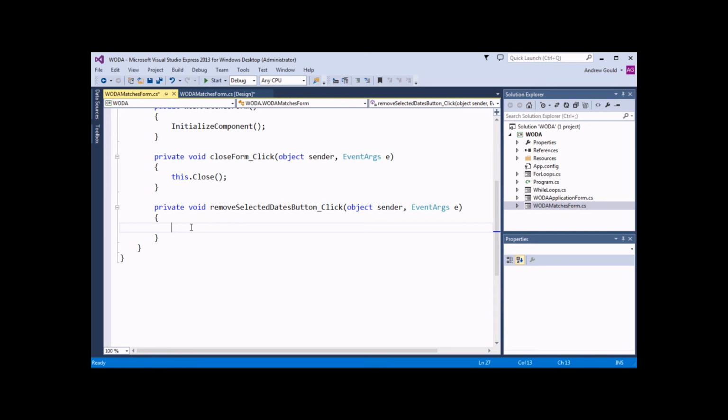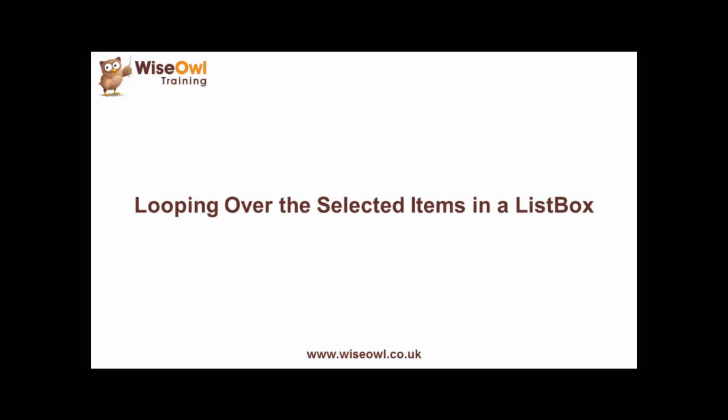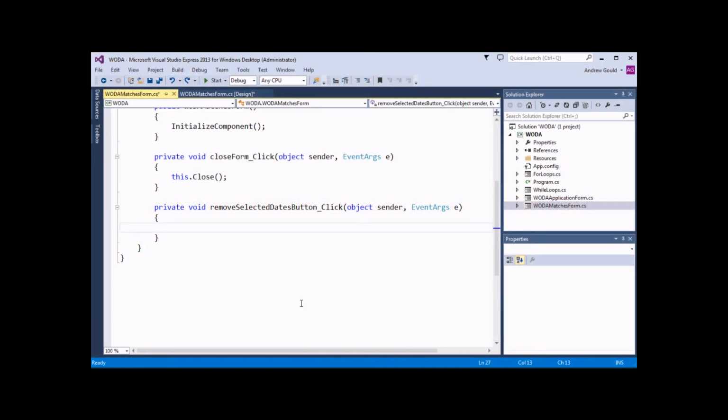Now we're going to write a couple of for loops to allow us to remove the dates we don't want to date. Let's start by writing the word for, and then open a set of parentheses and write the initialization statement. So we're going to say int i equals. Now in previous examples we've always written an explicit number here, so for example int i equals 0. But in this case what we're going to do instead is refer to the count of items that we've selected